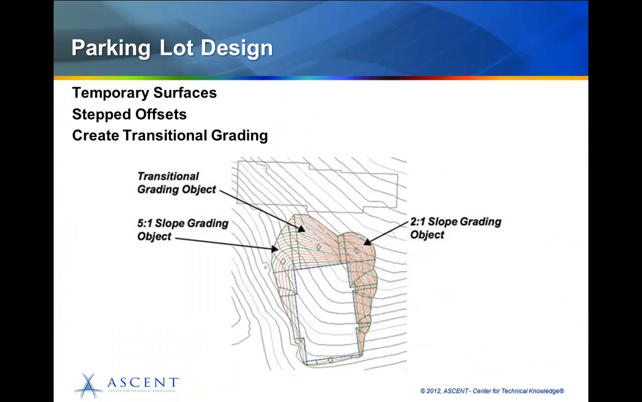All right. So the next exercise is a parking lot design, and this is where we're going to get a little bit more complex because we're going to work with stepped offsets for feature lines to create those curb and gutter lines, and we're going to do some transitional grading. Around our parking lot, we are going to have a retaining wall on one side where we meet the building, and on the other side we will have a gradual slope out